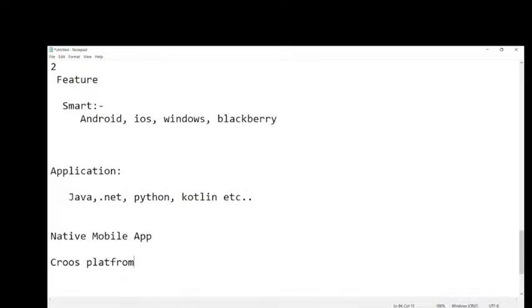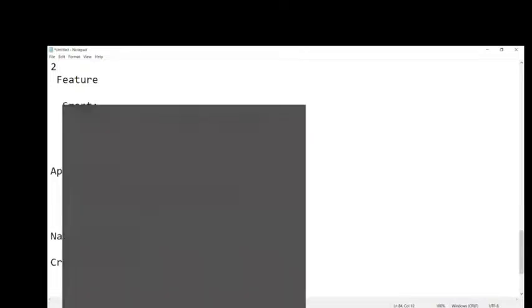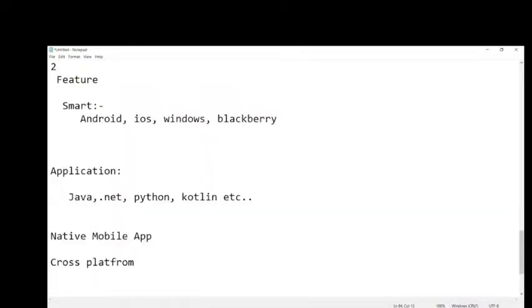And the same if I come to cross platform. What happens with cross platform? If I develop an application here, it can be suitable for both Android and iOS, but it has a huge weight, so it cannot support as many of the features we build in native application development. Examples are PhoneGap, Xamarin,